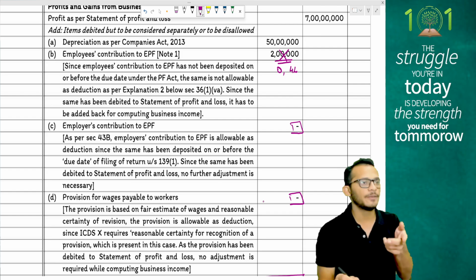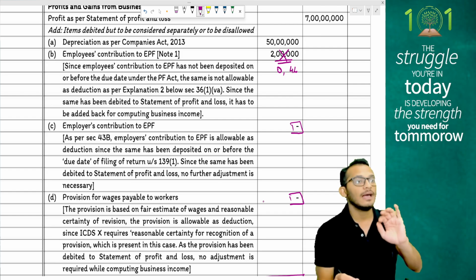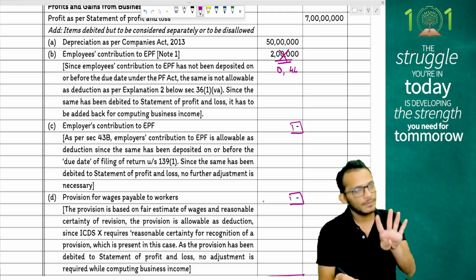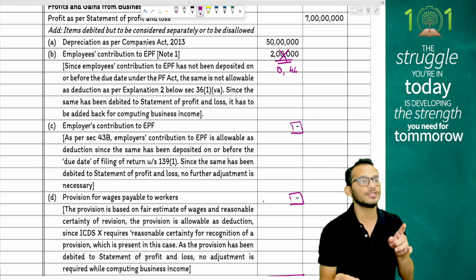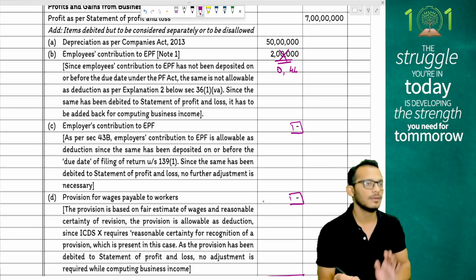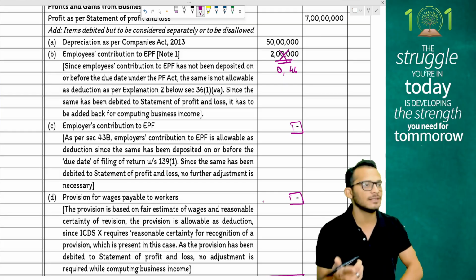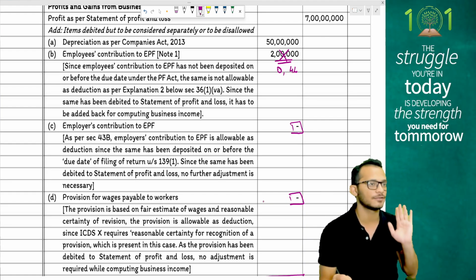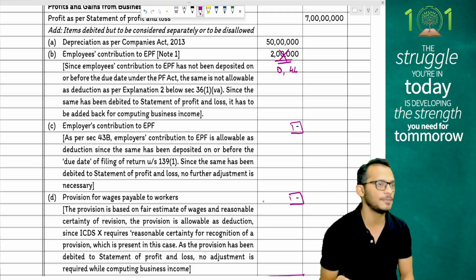First, reverse the expense, which means reversal of 2 lakhs, and then I will add an income. So adding of 2 lakhs totally becoming, either of the two should happen, because the assumption is it is there in P&L. What ICAI has done is assumed it is not there in P&L. If it is not there in P&L, what happens? Only one adjustment to be added, which is kind of wrong because the question itself says you should debit and credit the following items. Yes. So again, it's an assumption change, people, nothing else.